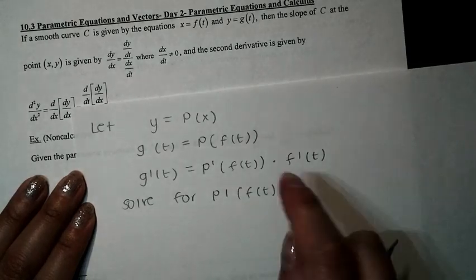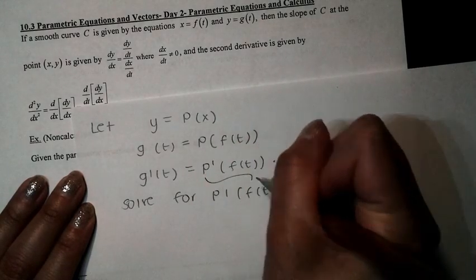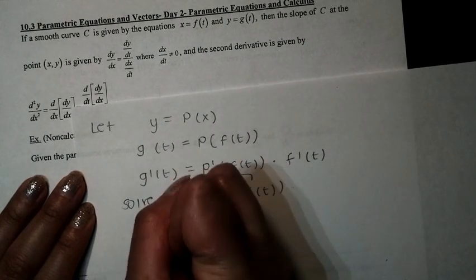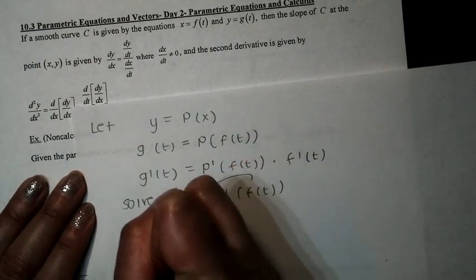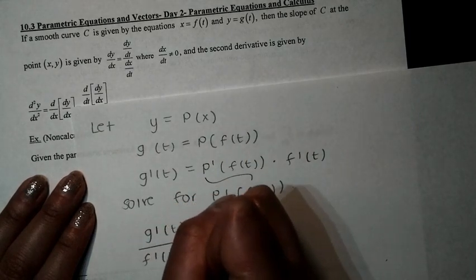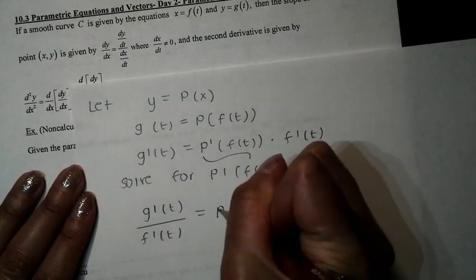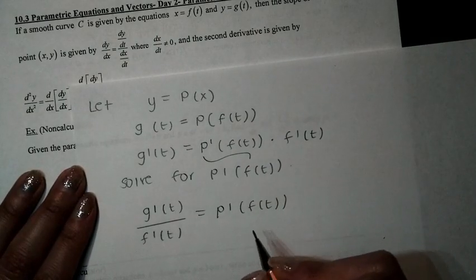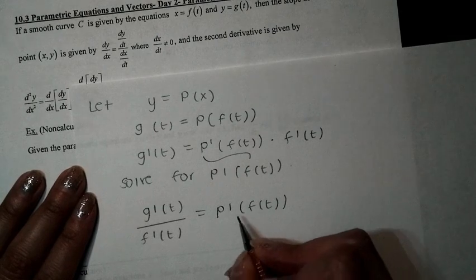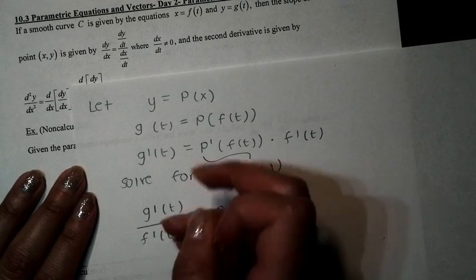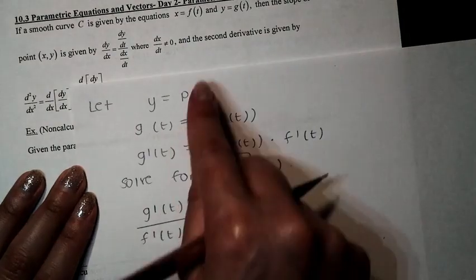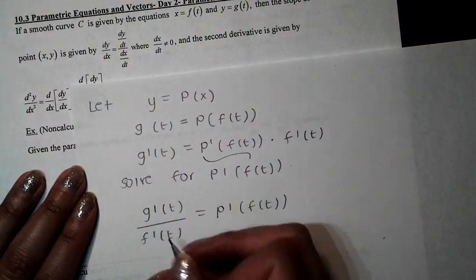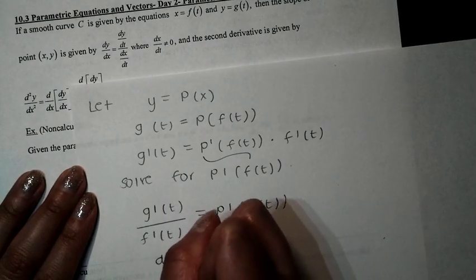So how can we solve for this? This is the one that I want to solve for. You're going to pass dividing this to the other side. So what you have is g prime of t divided by f prime of t is equal to p prime of f of t. And then ask yourself, what do we have here? You have g prime of t, which is y prime, and you know that y prime is the same as dy/dt,